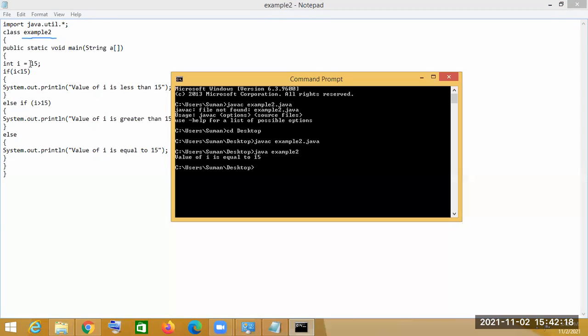The value is 15, so system.out.println will print "the value of i is equal to 15", because we gave i the value 15. Between these conditions, only this one is true, so that's why this statement is shown. Okay, clear how a Java program is compiled, how a bytecode is created, and after that you run the program and get that output.